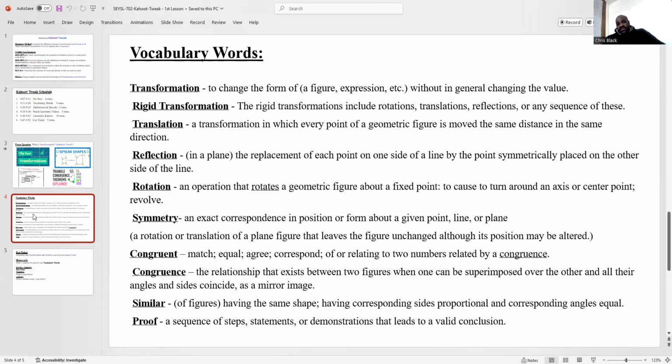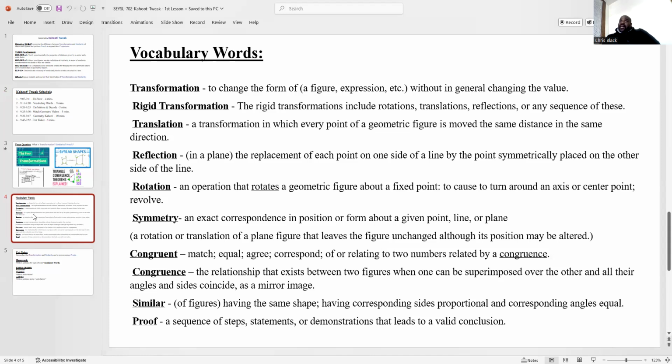So vocabulary words: transformation, rigid transformation, translation, reflection, rotation, symmetry, congruence, similar, and proof. These are all terms that we use every day. And also when it comes to teaching geometry and the whole idea of data-driven instruction that's going on now, but also in general in terms of the Regents exams that come up,